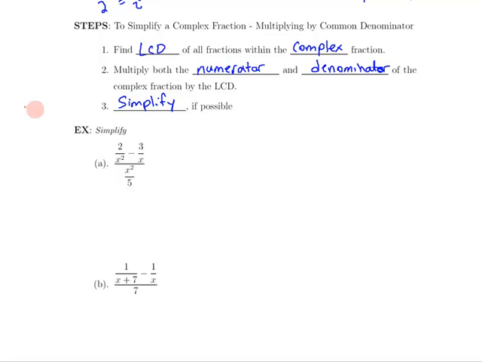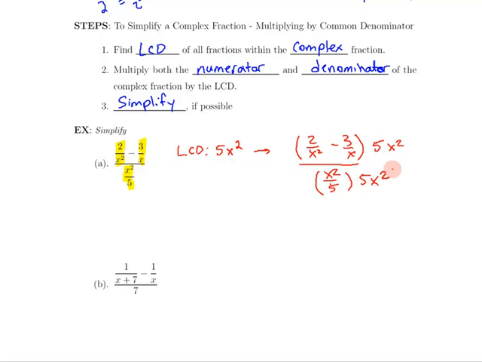So look at this example that you see right here. Now you've got three fractions inside there. We've got this one, and this one. Using those three fractions, we want to identify the LCD. What is the LCD for all three of those fractions? We know we need a 5, because that's in the denominator's fraction. We know we need an x, and the highest power that it appears is x squared. So now we multiply both sides of the complex fraction. We take 2 over x squared minus 3 over x, the numerator, times 5x squared, and we multiply the denominator,